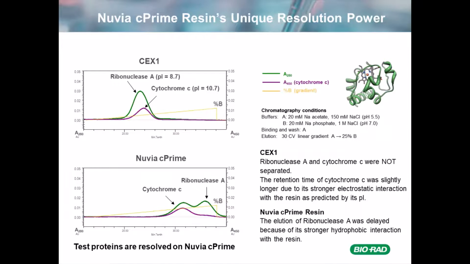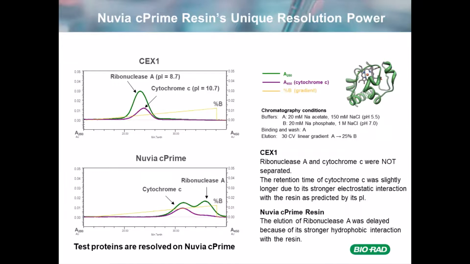When we load the mixture of these two proteins on a traditional cation exchanger and use a gradient between two buffers, buffer A, 20 millimolar sodium acetate with 150 millimolar sodium chloride at pH 5.5, and buffer B, 20 millimolar sodium phosphate plus 1 molar sodium chloride at pH 7,